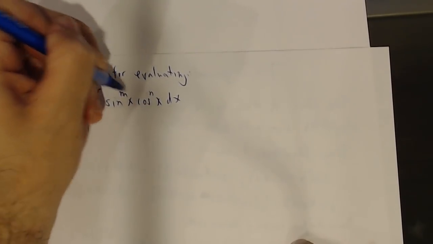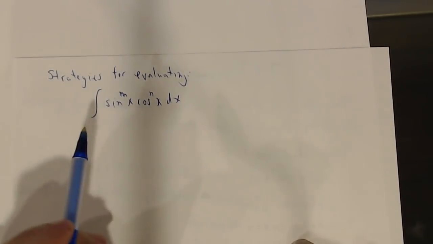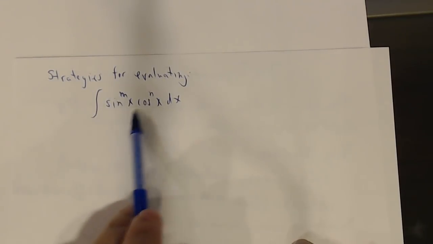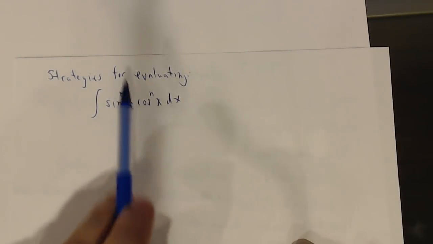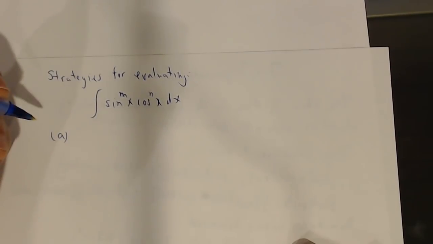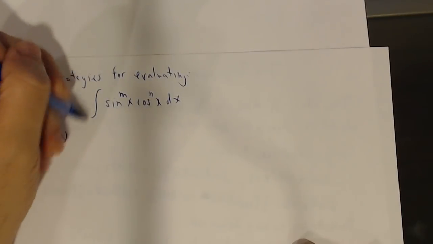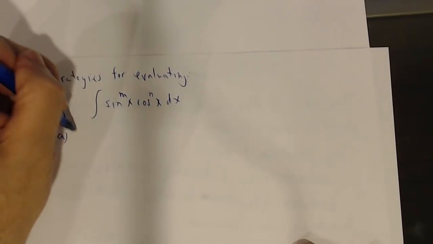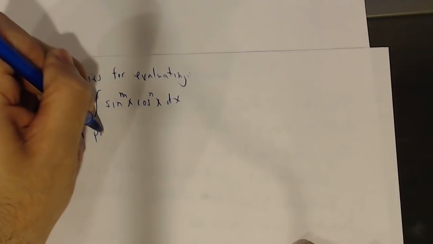So what we notice is sine and cosine have some powers, and so the question is, how could I find the antiderivative of this? And when you look at this, it looks a little messy. So we actually have some ways of manipulating this. So here's what we're going to say. There's actually 3 ways of looking at this. So let's first focus on cosine. If the power of cosine